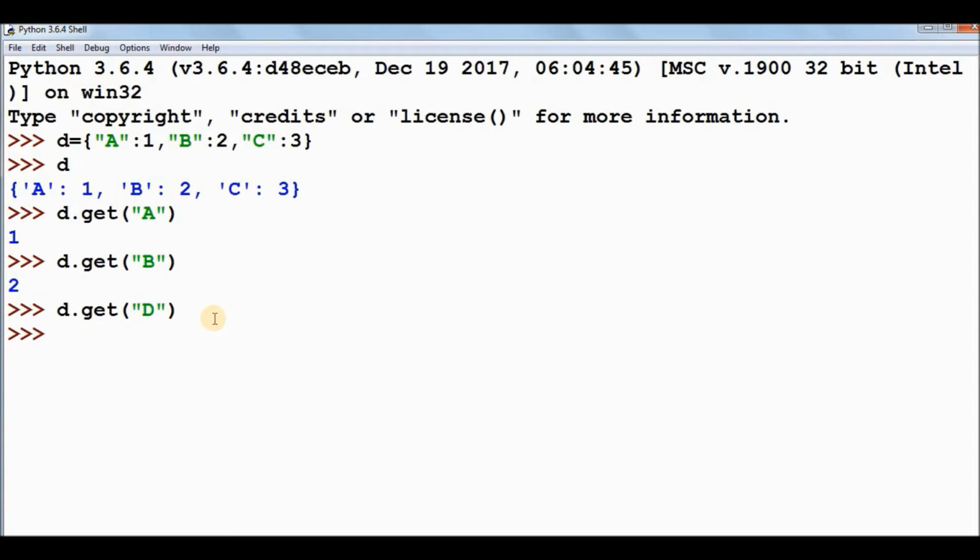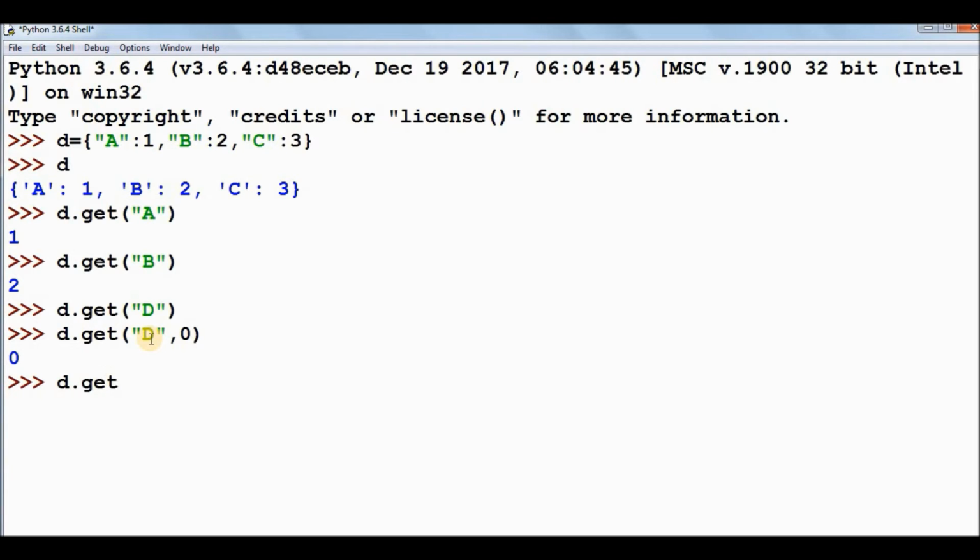But I want an informative message so that I can know that this particular key is not present in the dictionary. So what I can do is I can provide a default value or a default message, that is up to you. I can actually provide a default value to the keys which are actually not present in the dictionary. So I'll be using d.get, and if I specify a key which is not present in the dictionary, I can give the default value to it. So I'll be writing 0. Okay, so that if the key is present, give me the value for that key, and if that key is not present in the dictionary, give me the default value.